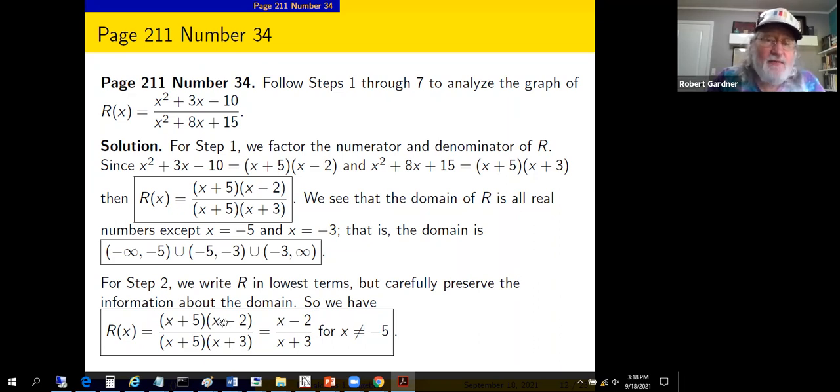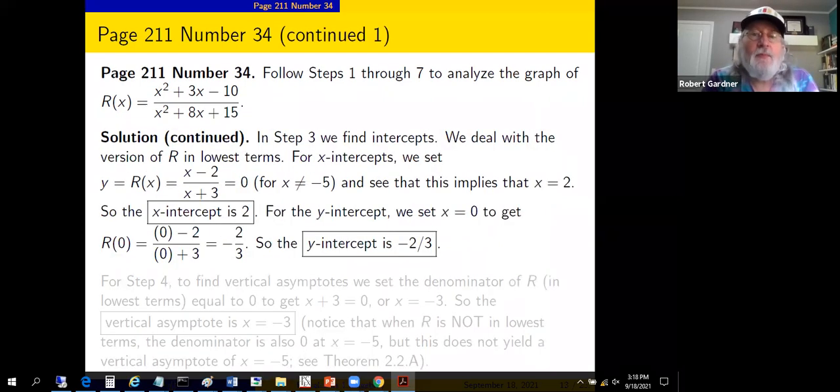So we have equality of this function and this function, along with the fact that x can't be -5. So here we have R of x written in lowest terms. We had to add a little statement there. So the examples are getting more sophisticated. Okay,